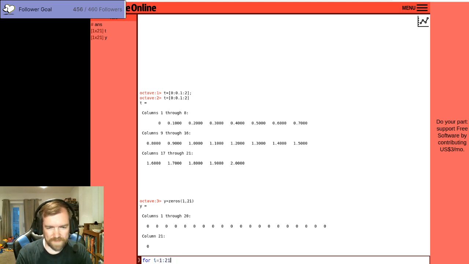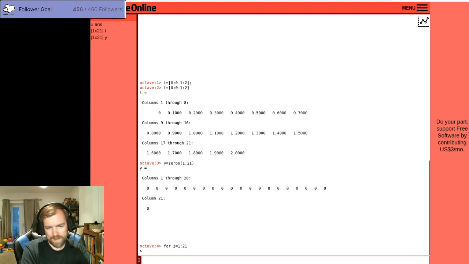Don't think it's these. Okay, so for i going from 1 to 21. Okay, so now that we have a little caret on the side that's telling us that we're on an inline portion, so we need to execute the following. y of i